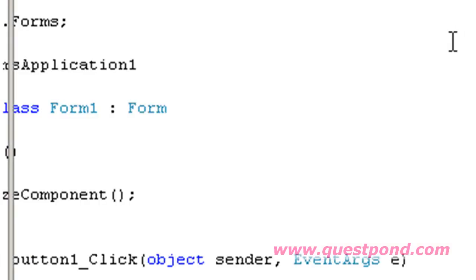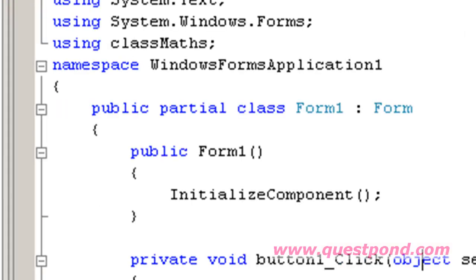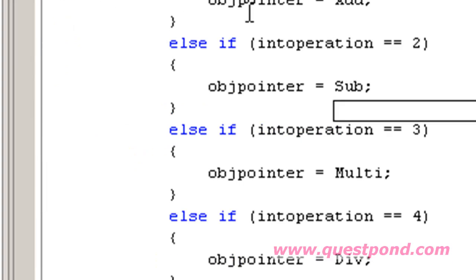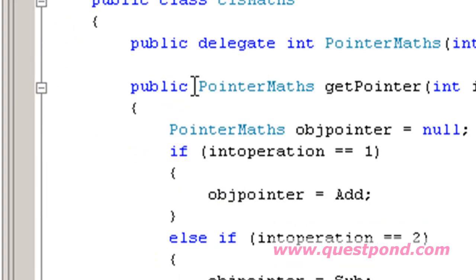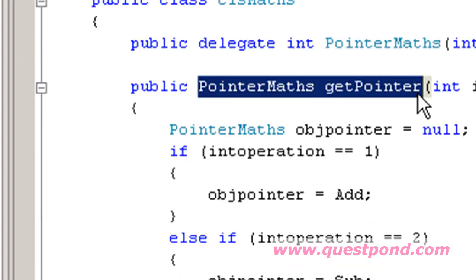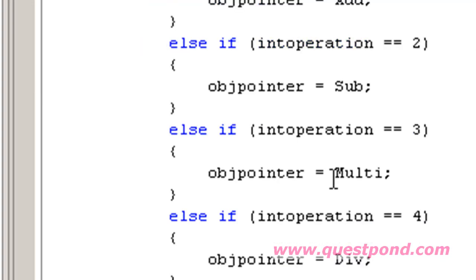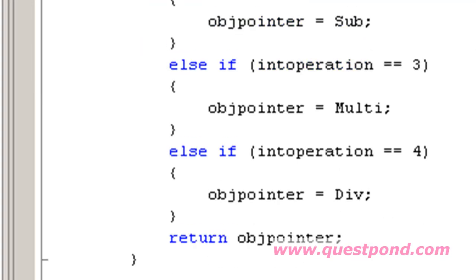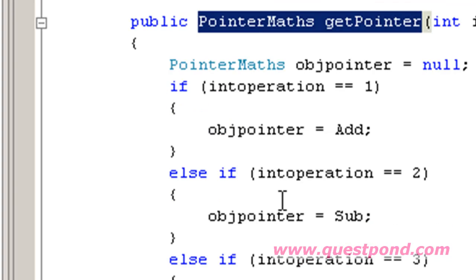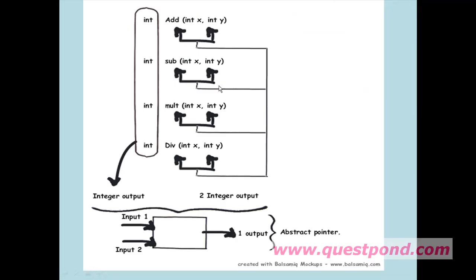So what has basically happened? We have exposed just the delegate, the abstract delegate. This delegate helped us to decouple the algorithms we add here from the external UI. In a nutshell, your UI is now referencing an abstract pointer, and this abstract pointer is pointing towards these functions. So it's pointing towards functions which have basically 2 integer